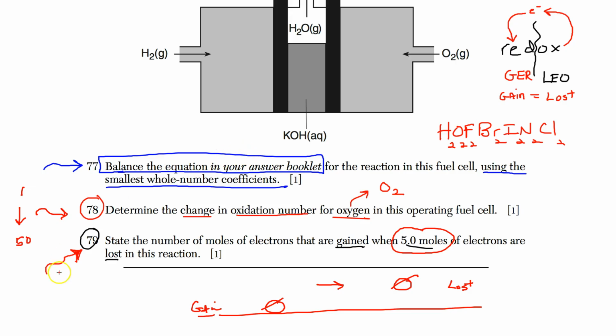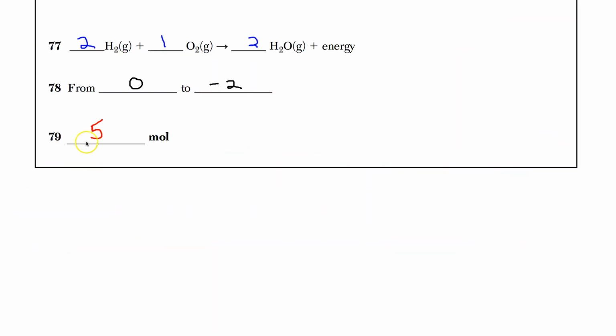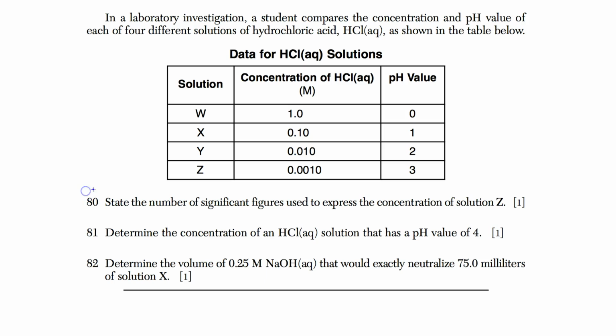Okay, so let's get to the answer booklet. Whether you write 5 or 5.0, it doesn't matter. The significant figures don't matter here. It's just 5. 79 is 5. On to number 80. Okay, so number 80, state the number of significant figures used to express the concentration of